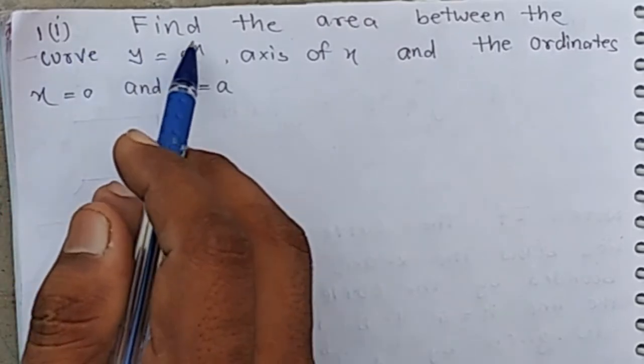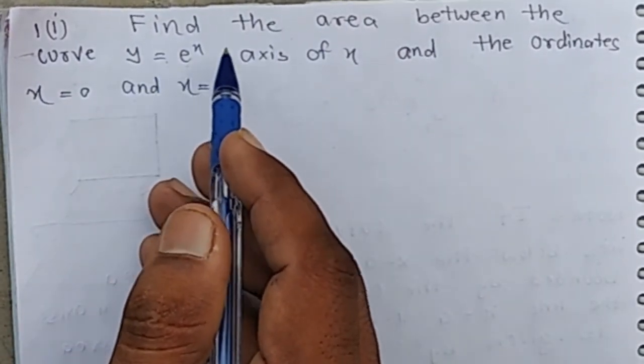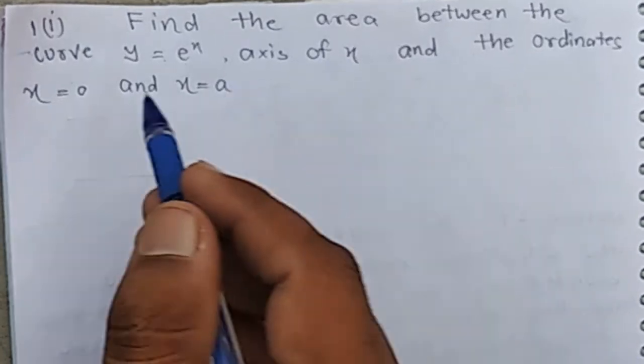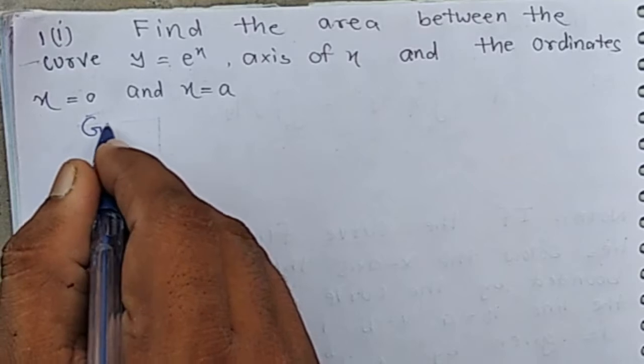Now it is question number first. Find the area between the curve y equal a to the power x, the axis of x, and the ordinates x equal 0, x equal a. Given curve